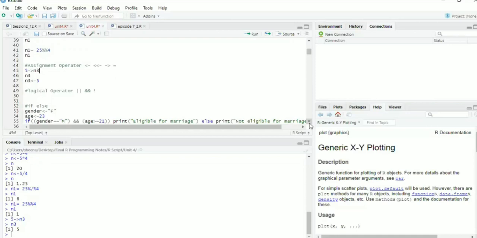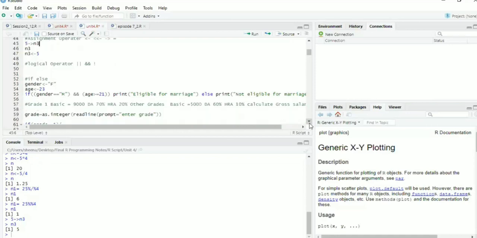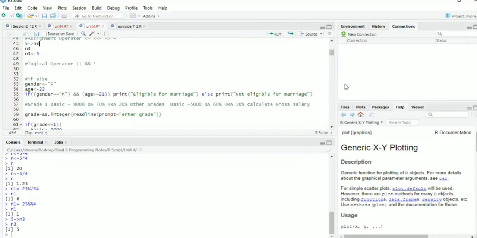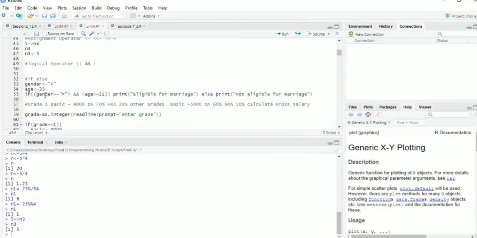For that, there is a feature called if, else. If, else can be used in our programming in two ways: a single line if is possible, and a multiple line if is also possible. Now here we will see the single line if first.